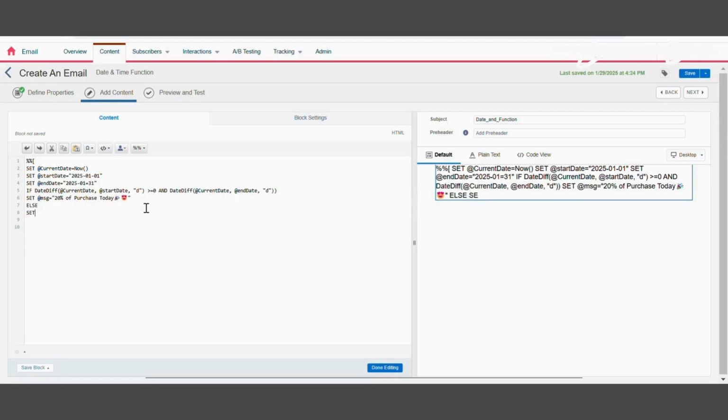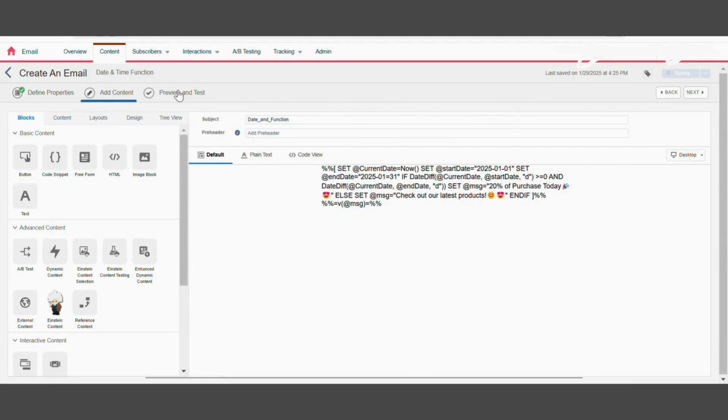Combining conditions with the and operator ensures that both conditions must be true, meaning the current date must fall between January 1, 2025 and January 31st 2025 inclusive. For setting the message, if the condition is true, meaning the current date falls within the promotional period, the special offer message is set. If the condition is false, the message is 'Check out our latest product'. If the current date is outside the promotional period, a different message is set, encouraging users to explore the product.